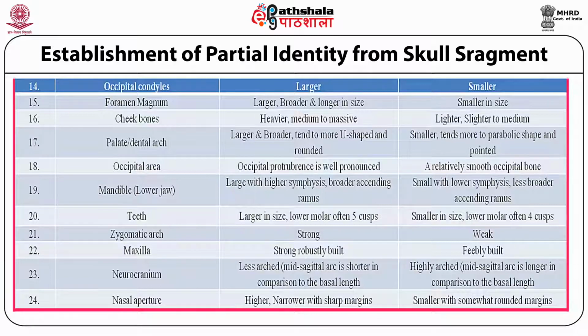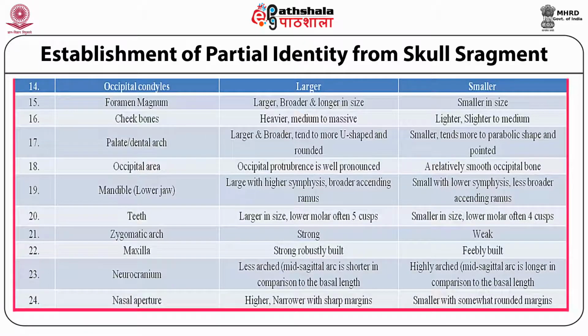Zygomatic arch is strong in males and weak in females. Neurocranium is less arched, or the mid-sagittal arc is shorter in comparison to the basal length in males, whereas it is highly arched in females. The last important characteristic used for differentiation between males and females is the nasal aperture, which is higher and narrower with sharp margins in males, and smaller with somewhat rounded margins